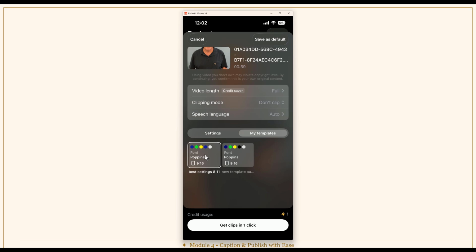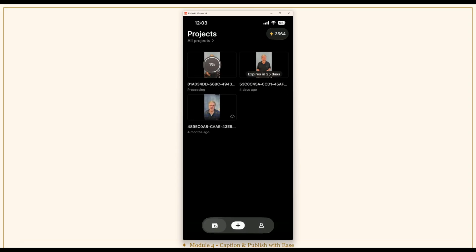But now I'm going to just go down to get clips in one click, and that's kind of what I'm really doing, I'm just uploading it and getting it going. It's not about getting clips, because that's wording that would be for taking a long video and making it into a bunch of shorts. But if I tap on that, you will see the little wheel starting to spin there,